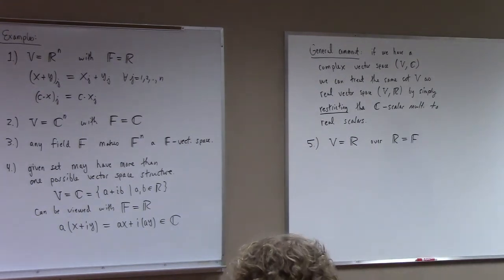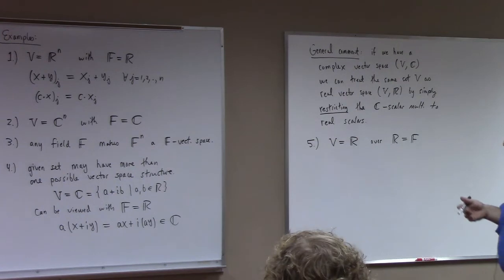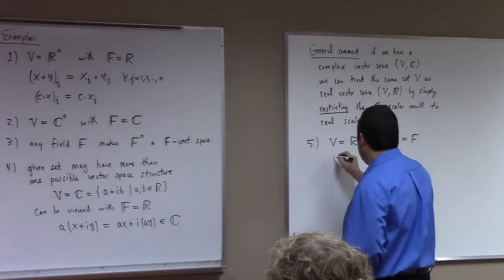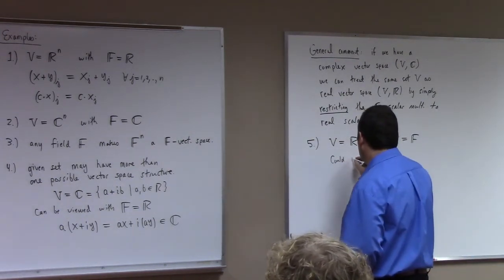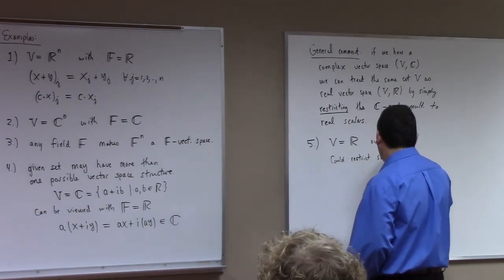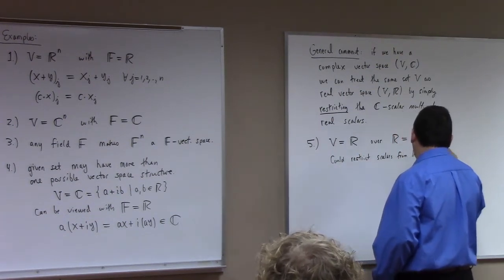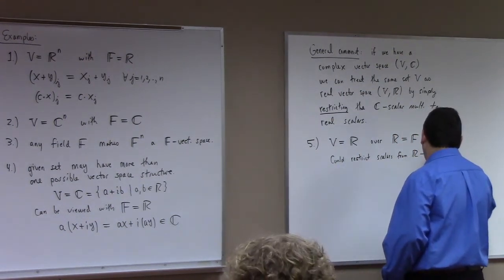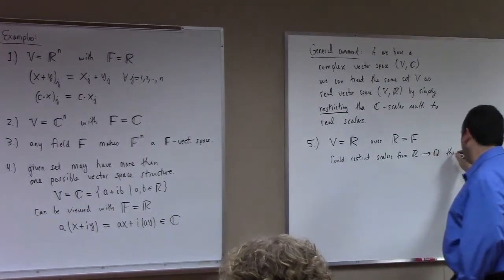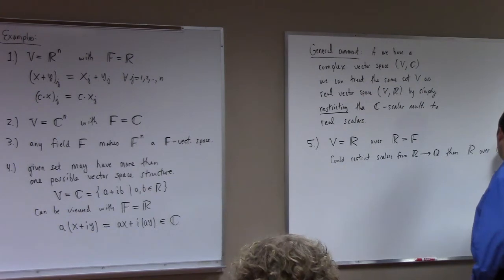It's a silly thing, but you can check the axioms are satisfied for the real numbers. But here's the thing. You could also restrict the scalars to what? What field is a subfield of the reals? Right. Could restrict scalars from R to Q. Then R over Q